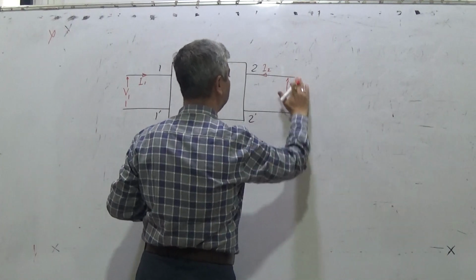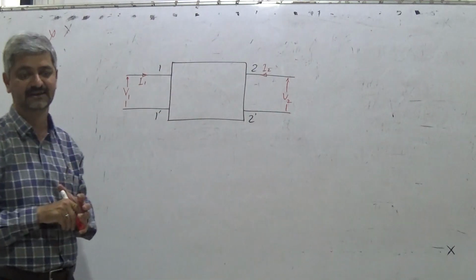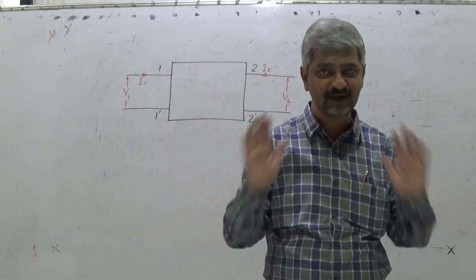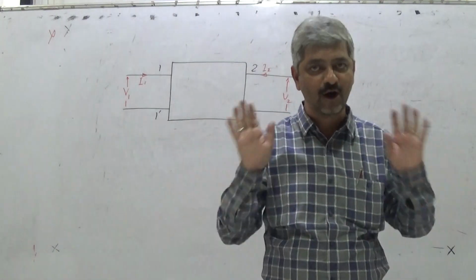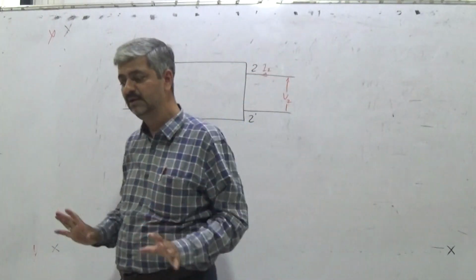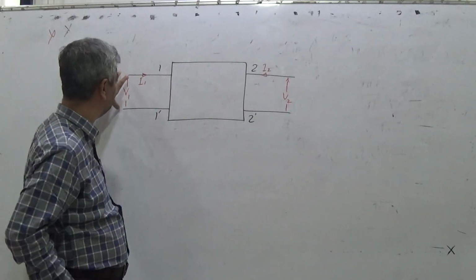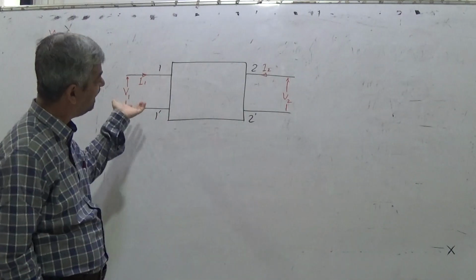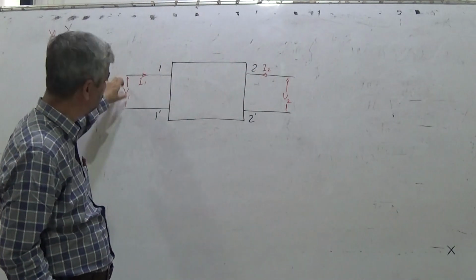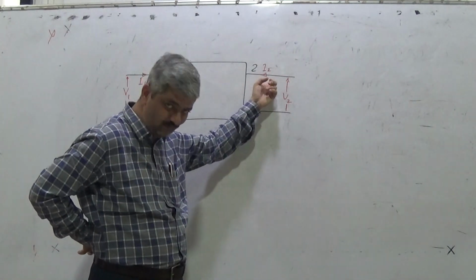Remember, if nothing is connected, if only the resistance network is there, all V1, V2, I1, I2 are zeros. If at any point of time, for any reason, you connect some voltage source, that will produce some voltage here. When you connect some voltage source, that will give some current here. If you short this, there will be some more current.